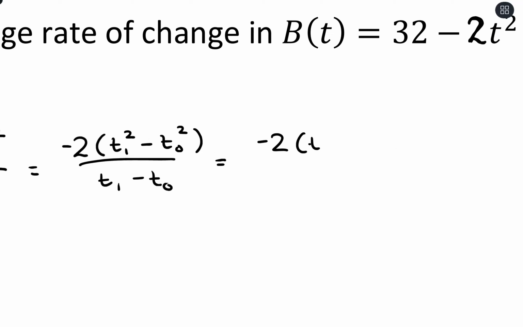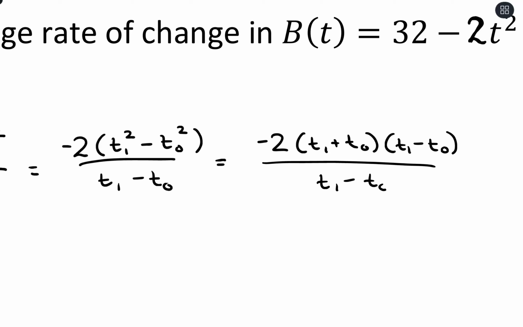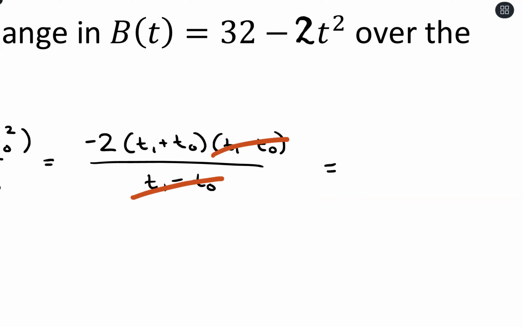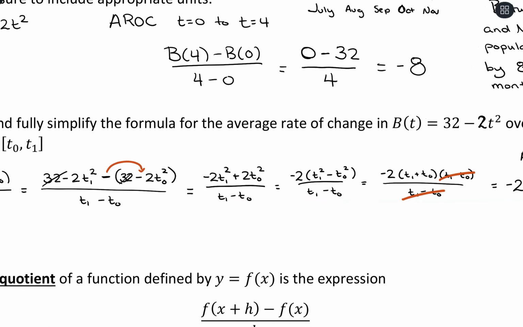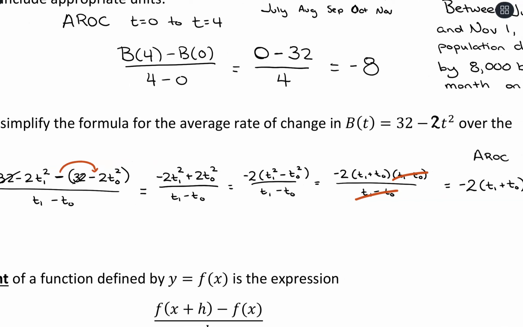So a little factoring gives us a nice cancellation, which reduces this down so that we can use this instead of plugging into the full formula. So I'm going to end up with a negative 2 times t1 plus t0. That right there is a simplified form of our average rate of change given t0 and t1